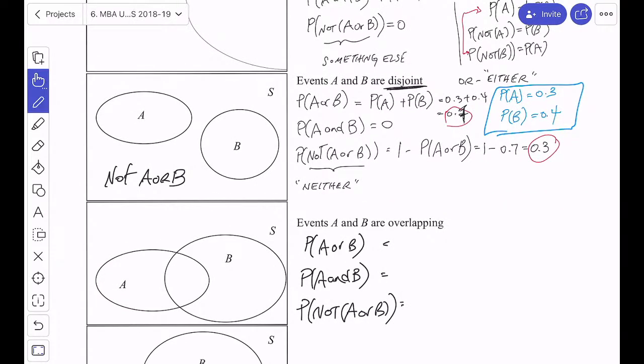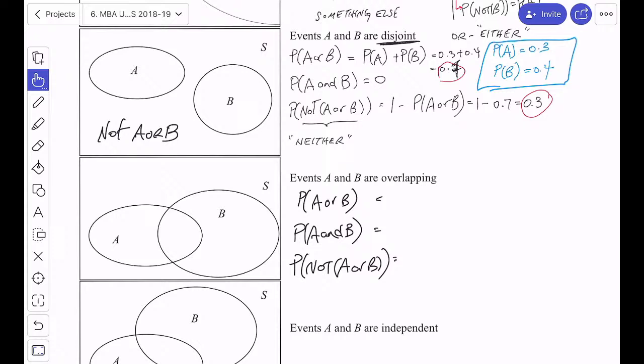Now we have the situation of overlapping events. There is a common space here where A and B do happen, so it does exist. So A or B has to be calculated differently than it was here, because if I'm just going to add the chance of B to the chance of A, I'm accounting for this shared space twice. That's not right. So when events are overlapping, or you have information that these events occur or coincide,